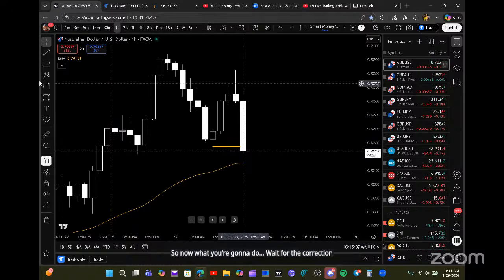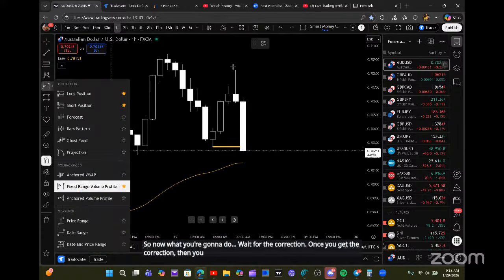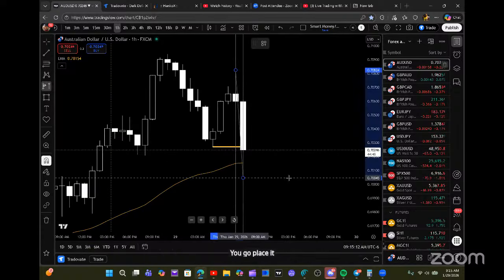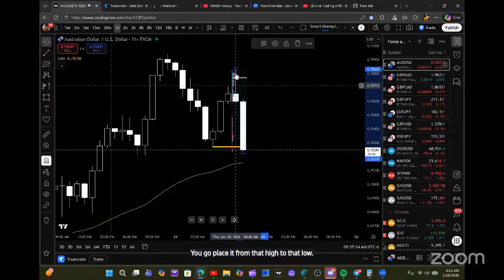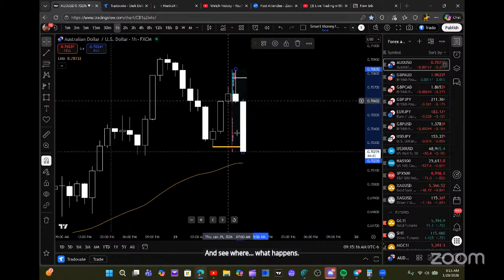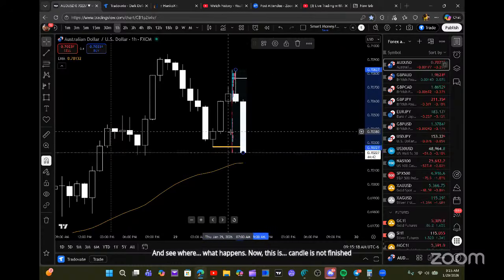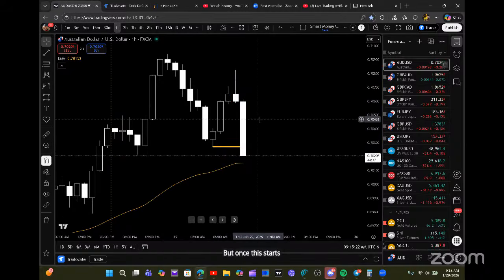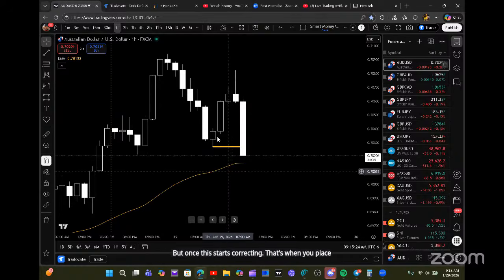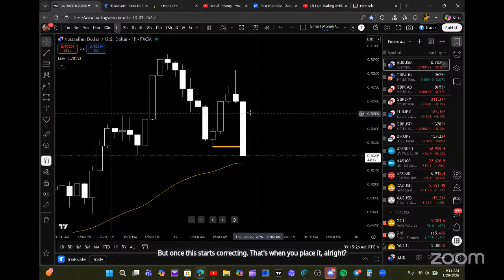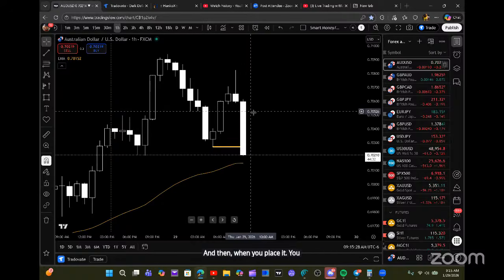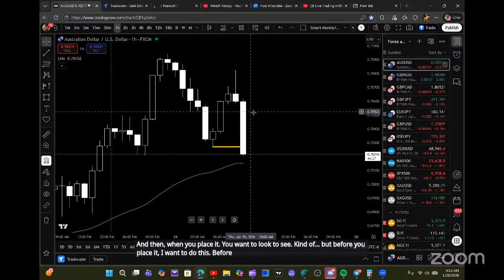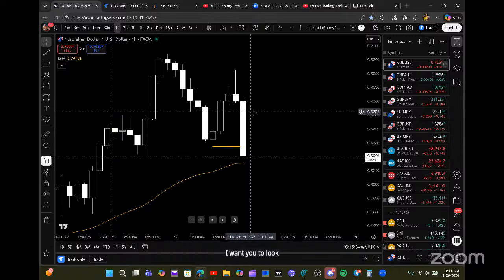Once you get the correction, then you go place it from that high to that low and see what happens. Now, the candle is not finished. I just placed this on here just to kind of place it. But once this starts correcting, that's when you place it. And before you place it, I want you to look for that